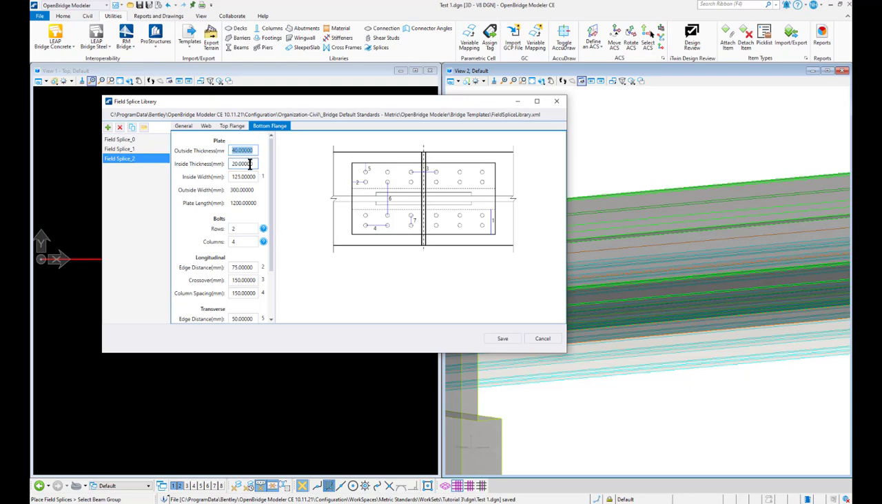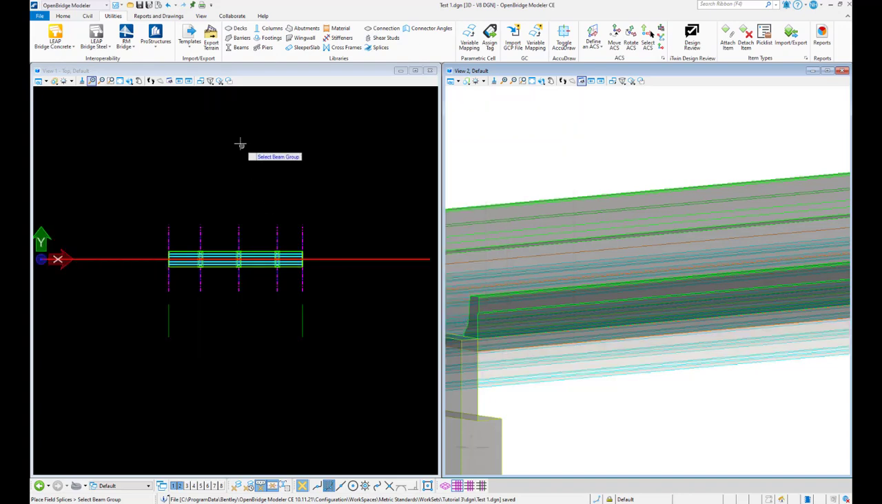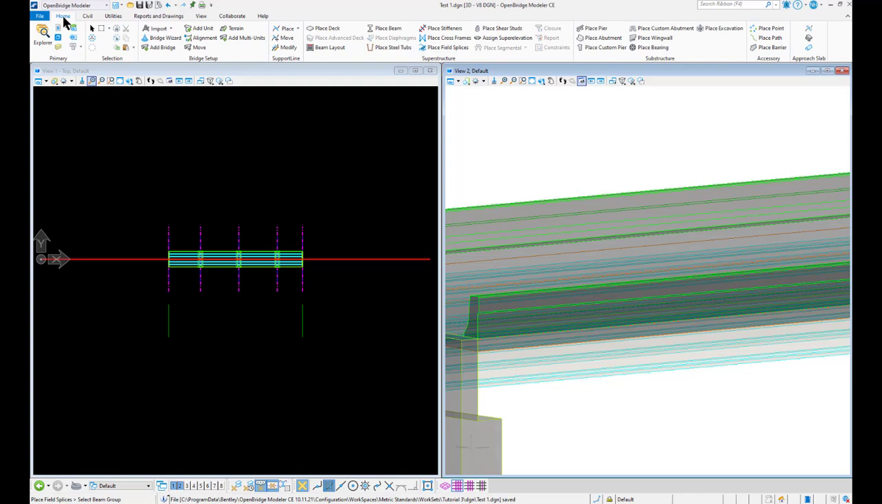Similarly for the bottom flange, on top of the bottom flange, I can put it as 0, or I can put some values. I just leave it here as it is just to see the difference. So I want the bottom flange to have a plate on top, but underneath the top flange there will be no plate. So now if I come into home, and then from here superstructure, place field splice,